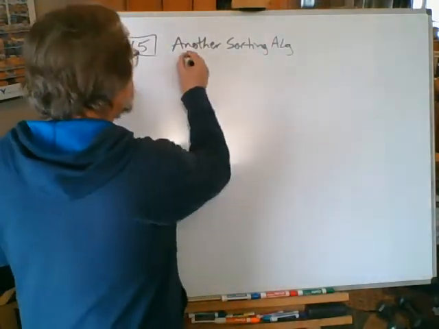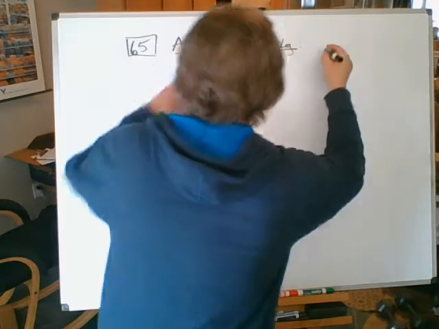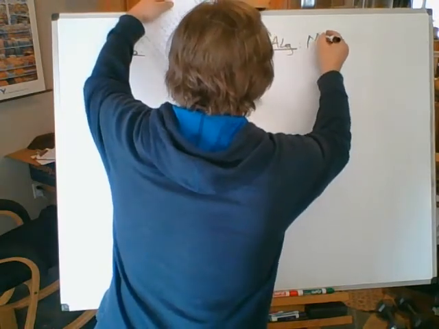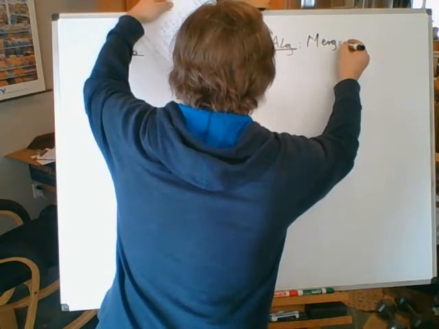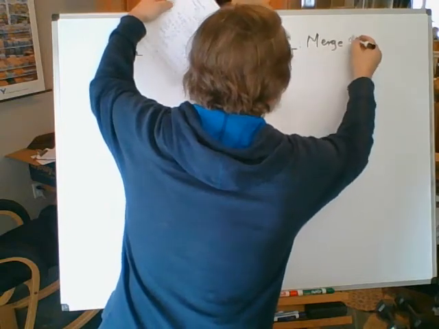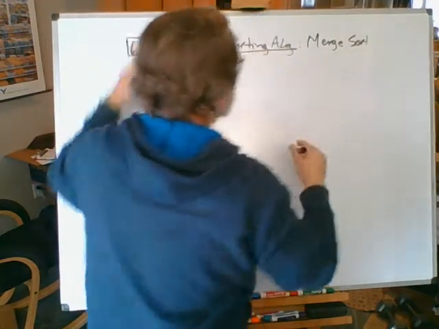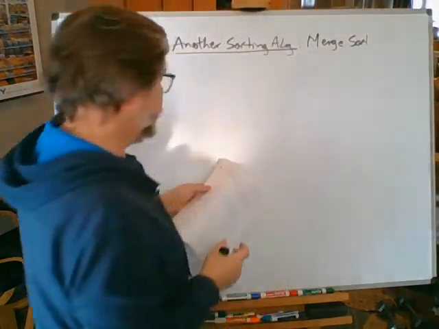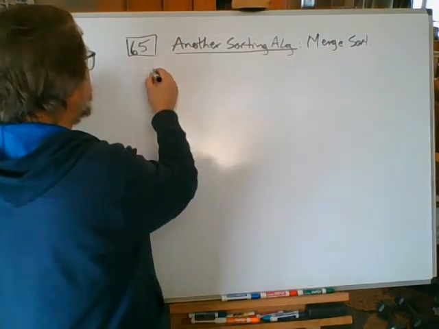The one I want us to look at, the other sorting algorithm, is merge sort. M-E-R-G-E. That's a horrible M. Merge sort. And the big idea,